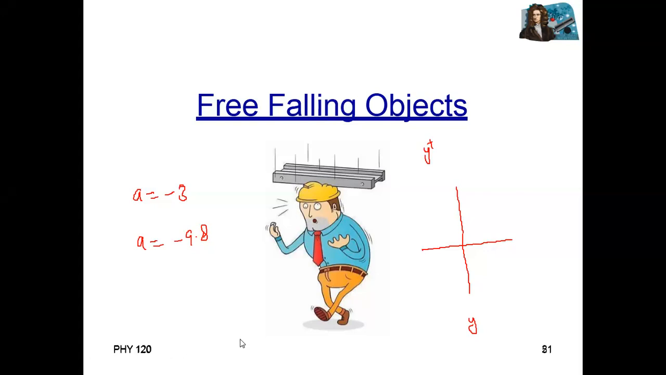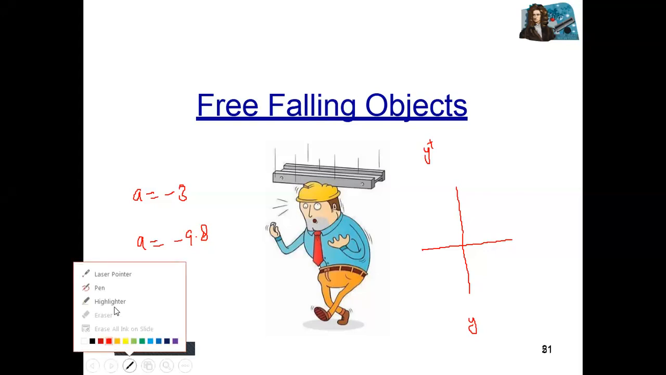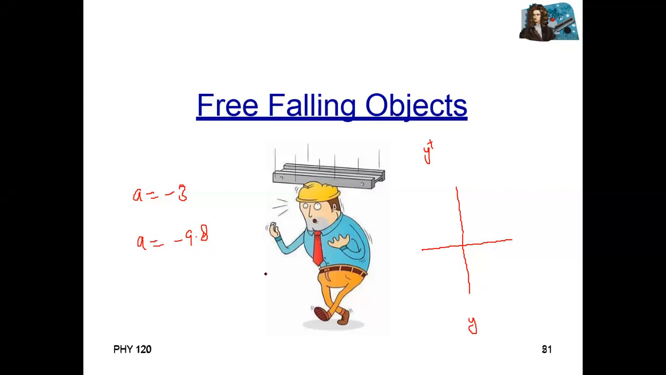If a body is moving along the y-axis, the acceleration is minus g, or minus 9.8. You can also use a value of 10, so g is equal to 10. Why minus? Because when a body starts and moves, for example, along the y-axis upward, the direction is positive,